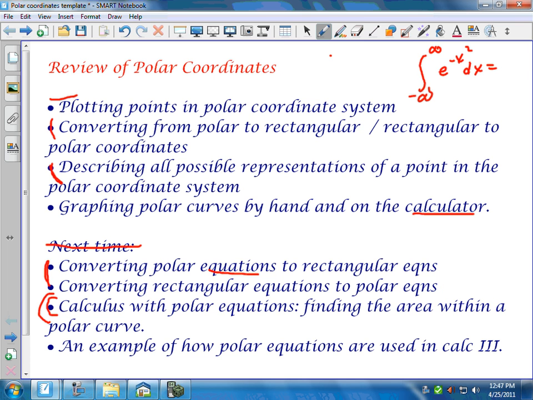The answer turns out to be the square root of pi. Who would have thought? Okay, so somehow, by using polar coordinates, we can actually take a leap into Calc 3, giving you a little bit of ideas from Calc 3. I can actually prove that to you today, if we can get that far, and hopefully we will. Okay, so you can do things with polar coordinates you couldn't do before. Like this integral, we cannot do without polar coordinates, but once you have polar coordinates, you're going to be able